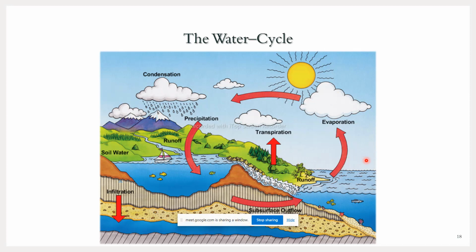In some places, sometimes the ice is on the land in cold countries. Those land ices will contribute to the sea level rise, but not the polar ice caps which are already floating on the water. Their melting will not contribute significantly. It will not contribute to the sea level rise, but this will contribute. So, the water cycle disruption.